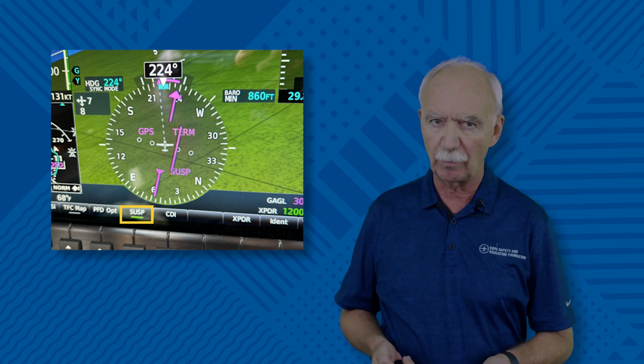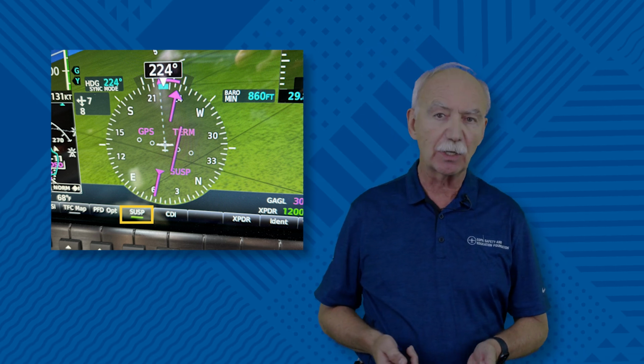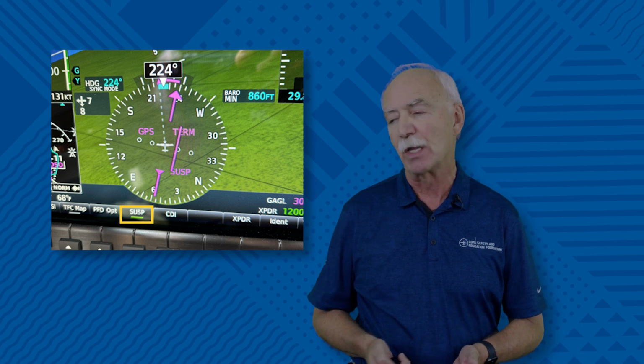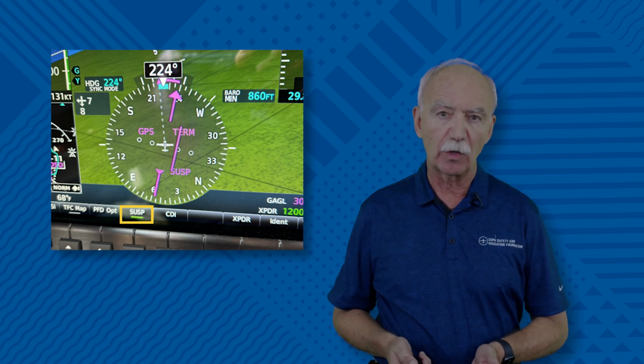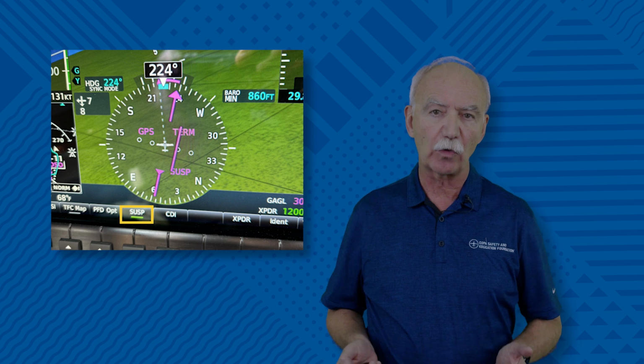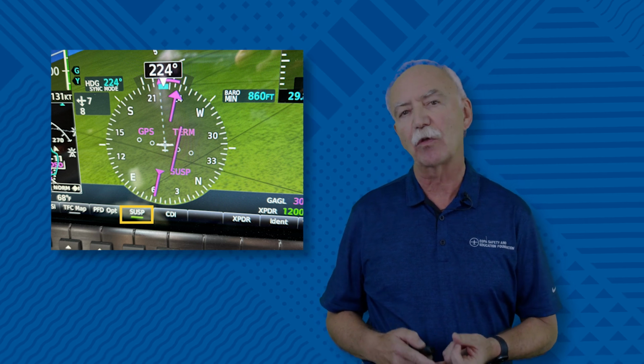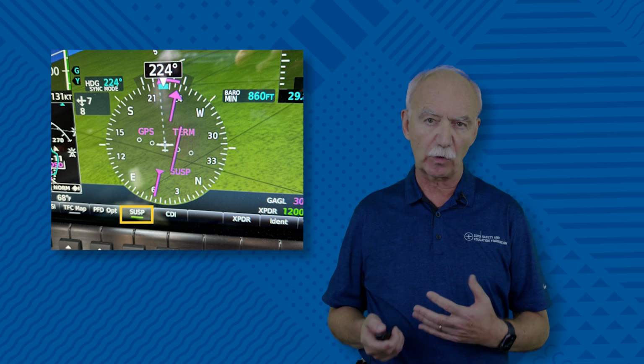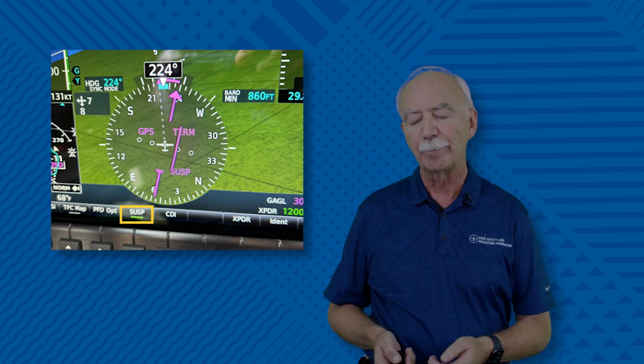What is this really all about? This can become quite a complicated subject, but I'm going to try to make it as simple as possible. First of all, Garmin is the only avionics platform that uses Suspend at all. OBS is available in Avidyne platforms and in other types of avionics platforms because it serves the same function for all of those. But Suspend is a feature that Garmin had to invent 30 years ago